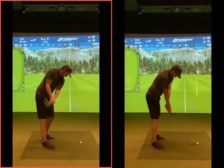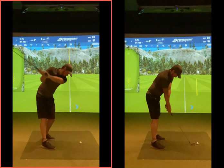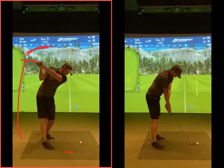So that first move, the club's getting a little bit behind here and now halfway back. Now your right arm is basically just folding and then the club there, as you said, laid off. You've got to do one of two things. Either stay there, drop it way underneath, hit the ground somewhere here, or you've got to start tipping it back over the top. The momentum now is sending the club in this direction, then just continues on over, and inevitably